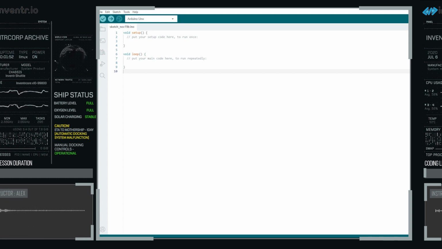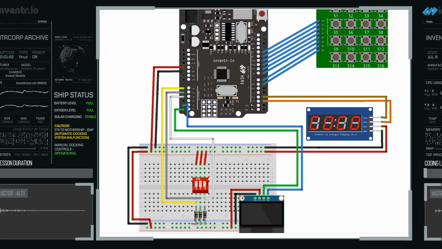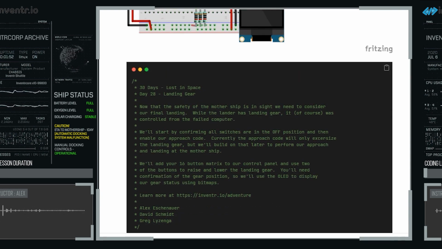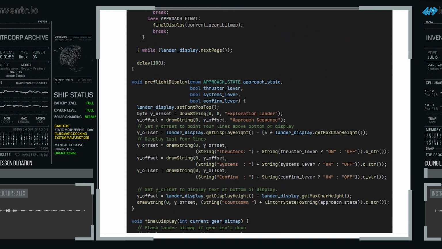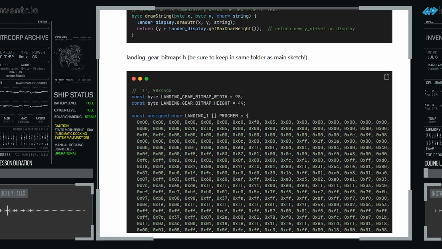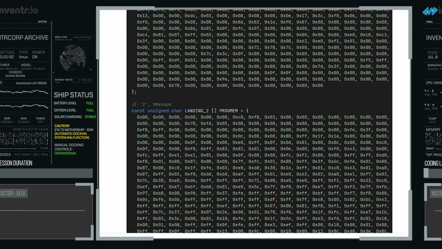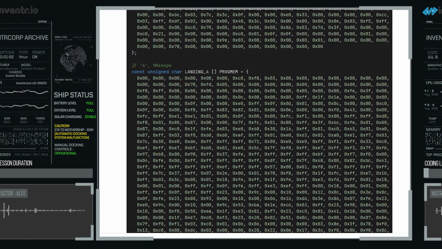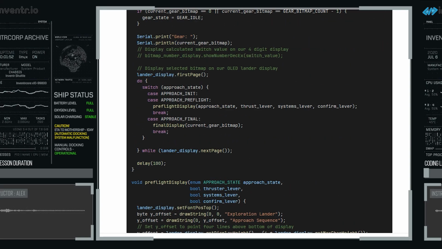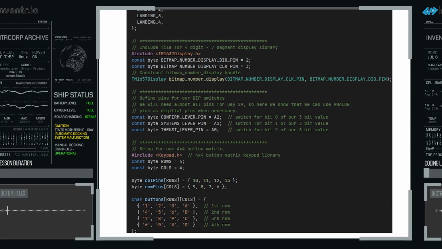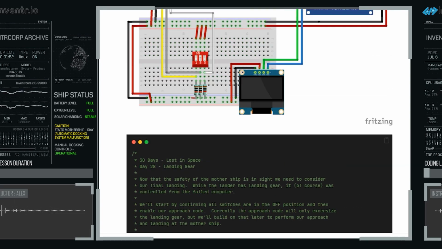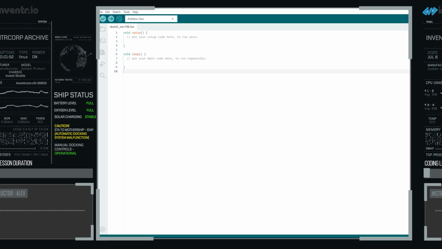When we see our code on day 28, you'll notice we have the following. We have obviously the wiring diagram, we have the code that we normally see, but you'll notice down below we also have an additional piece of code, which is our landing_gear_bitmaps.h. And the way we can create this properly is we can obviously copy our first code here by going up here, hitting the copy, and when we go up to the next bit,